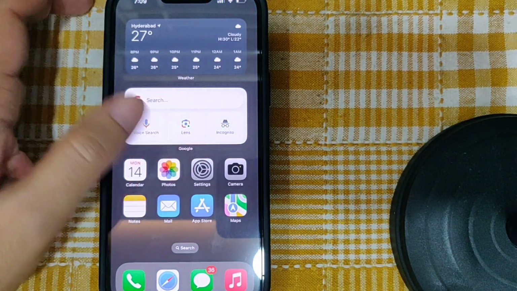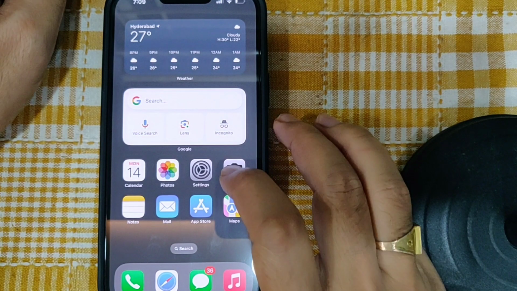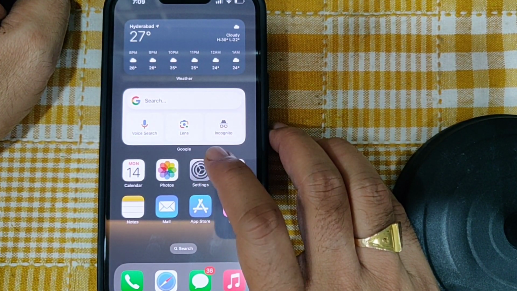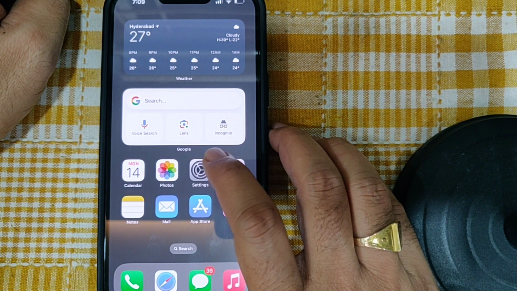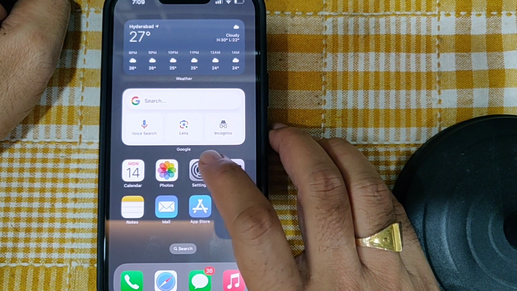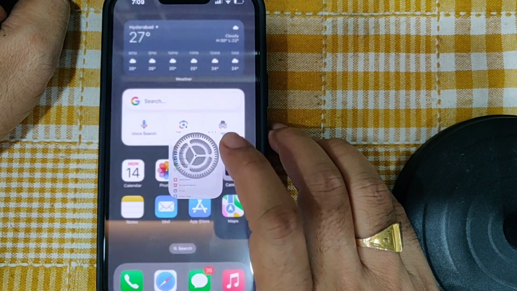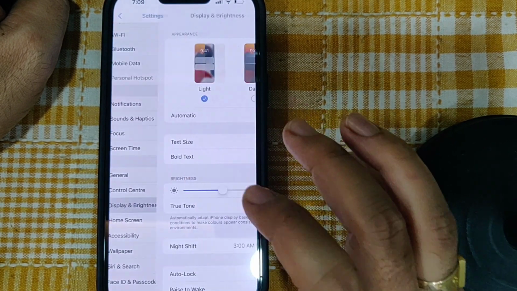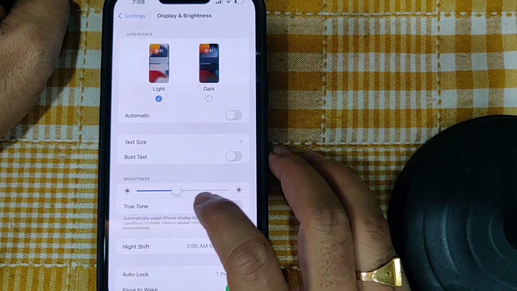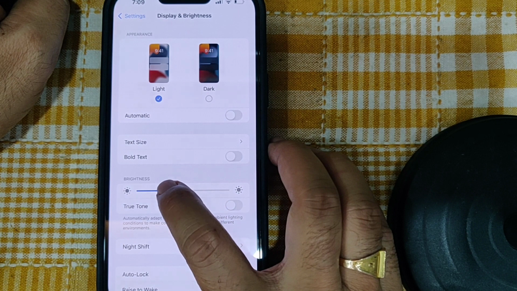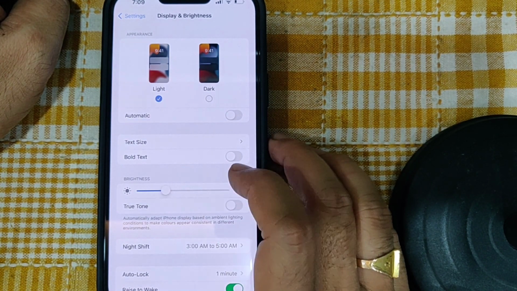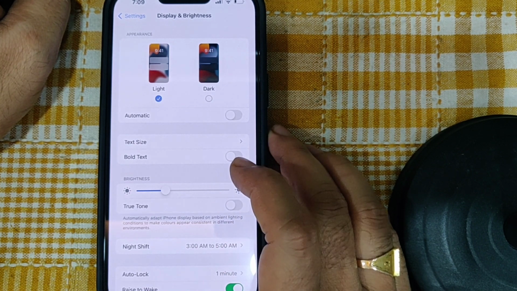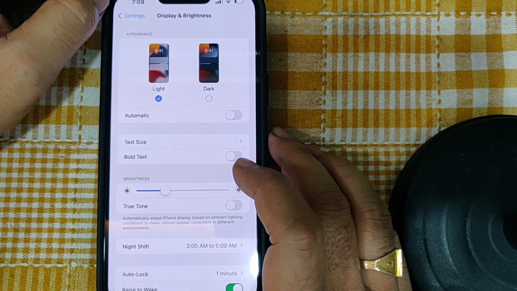And the second method is to just increase the brightness on the iPhone, because many iPhone users fixed this issue after increasing the brightness. For that, go to Settings, and you can see Display and Brightness. Just tap on it and you can see the brightness here. First you have to turn down your brightness and wait for about 10 minutes, then it will automatically reset your brightness. So this way you can also fix this issue. If it is not fixed,